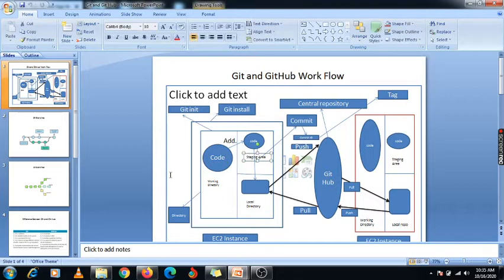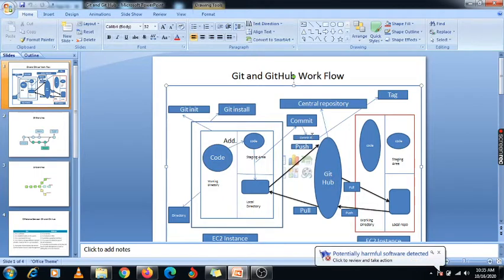Now the code which we have moved under the staging area, we need to commit it. The commit is nothing but we are taking that snapshot, or you can say we are saving this code from the staging area to the local directory. This is my local directory where each commit has a commit ID. Whatever code you have written has some commit ID, and that commit ID has 40 characters, right? And whatever commit ID is available is in a unique format.